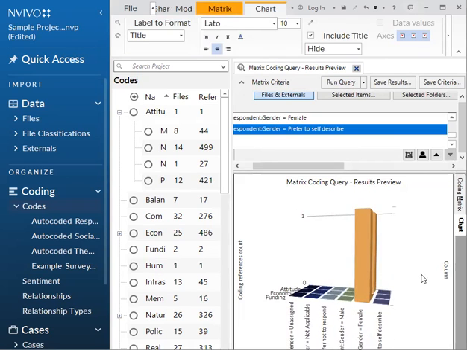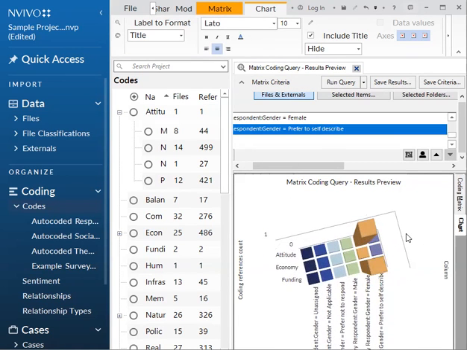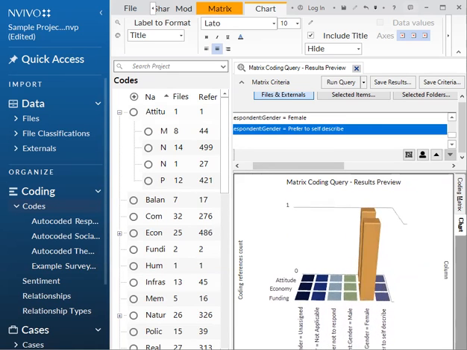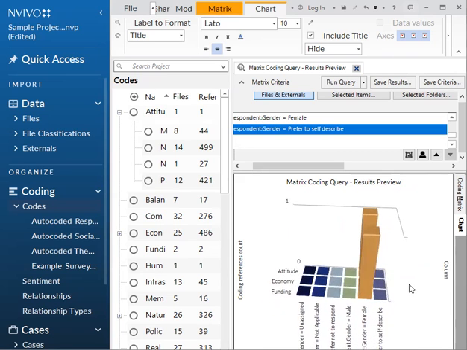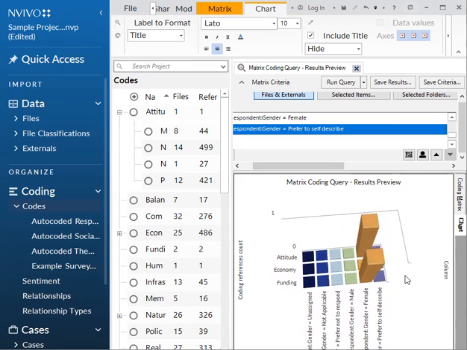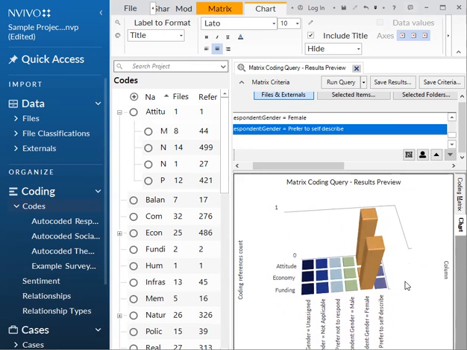And that'll also make it so you can compare through a visual how the coding was differentiated in whatever demographic group or just other different attribute groups that are in your survey.